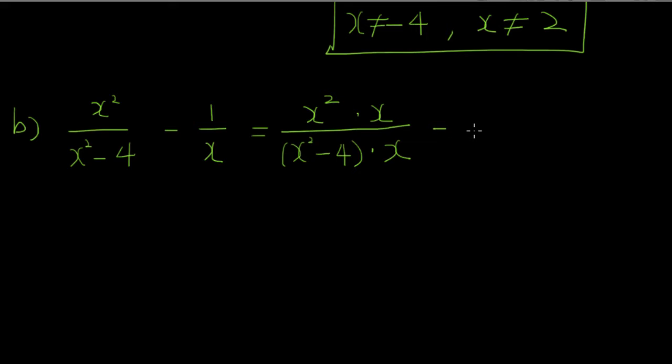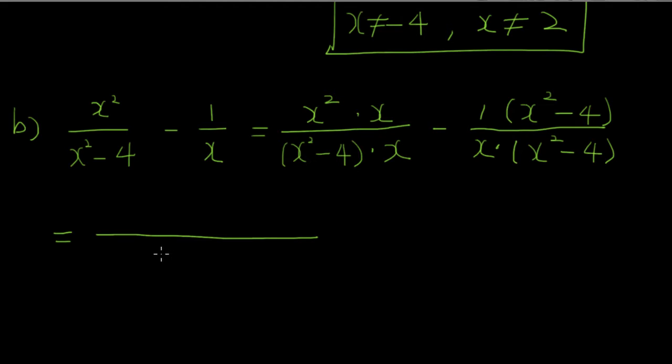Minus 1 over x. We're going to multiply the other parts. So it's going to be x squared minus 4 and x squared minus 4. Just like that. Alright. So now that we have a common denominator,